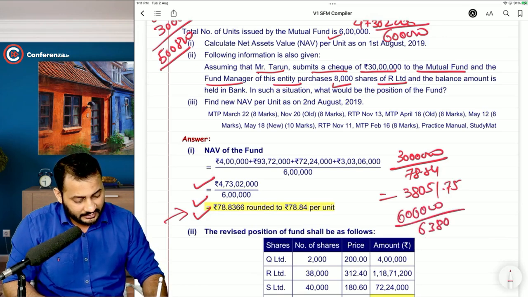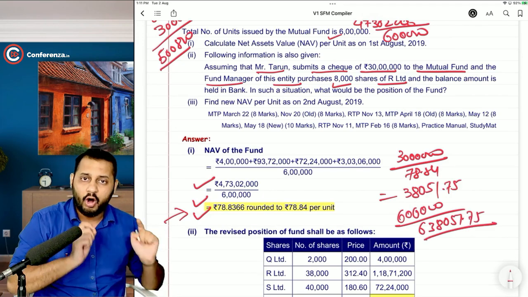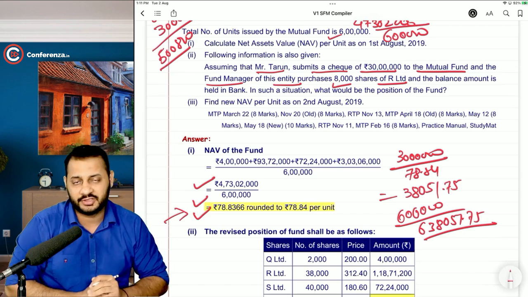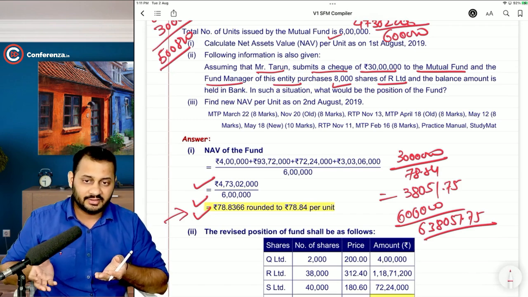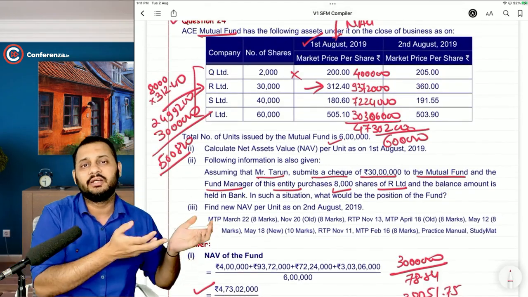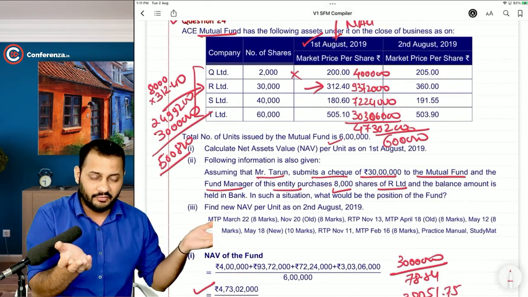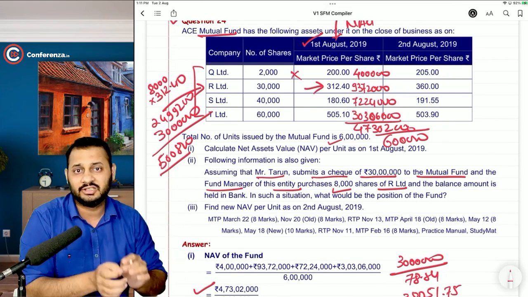That means 6,38,051.75 was the closing units of the mutual fund on the very first day. And this will not change the NAV because net assets have increased by 30 lakhs and the units have also increased worth 30 lakhs. So even if you divide and calculate the NAV on the same date after this transaction, it will come to